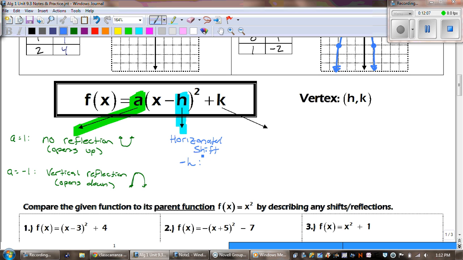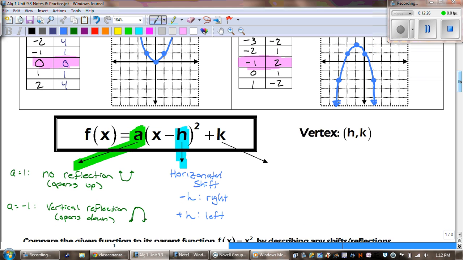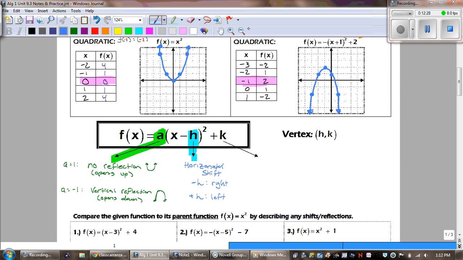And if h is negative, we're going to move to the right. It's kind of the exact opposite of what we would think. And if h is positive, we're going to move our graph to the left. Okay, so as you look at that real quick, I'm just going to zoom out so we can kind of compare